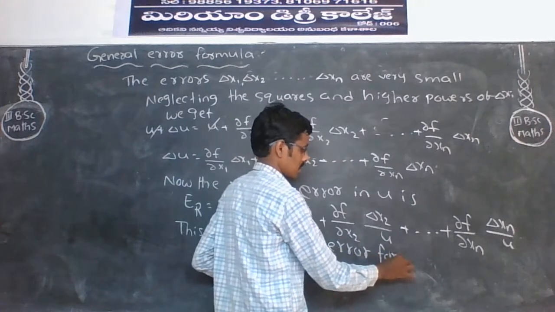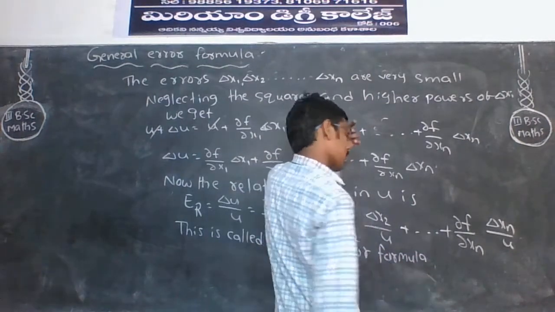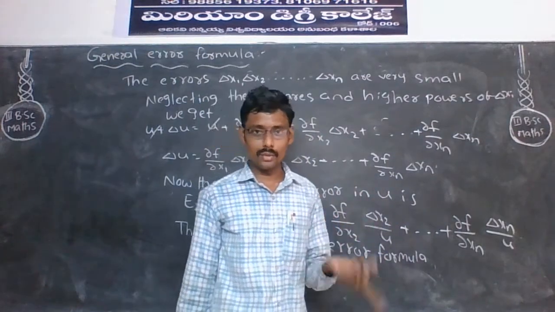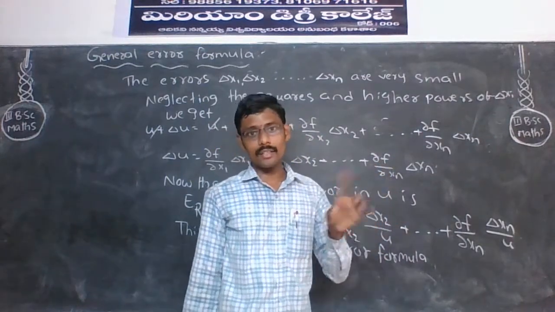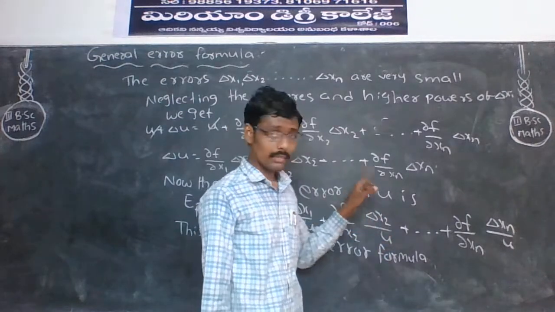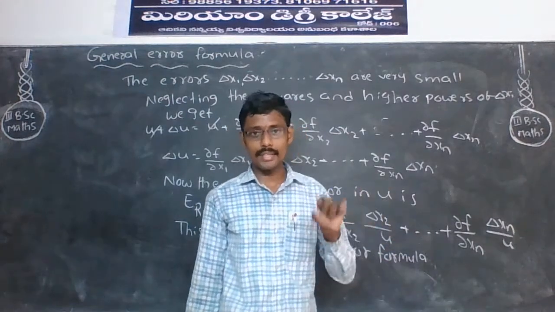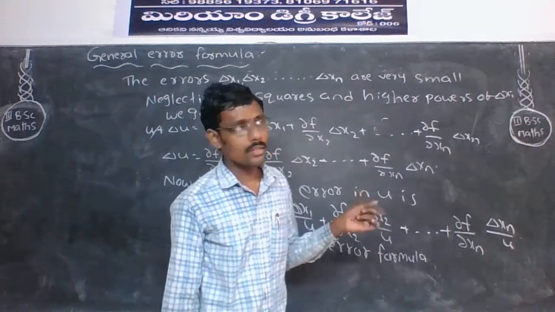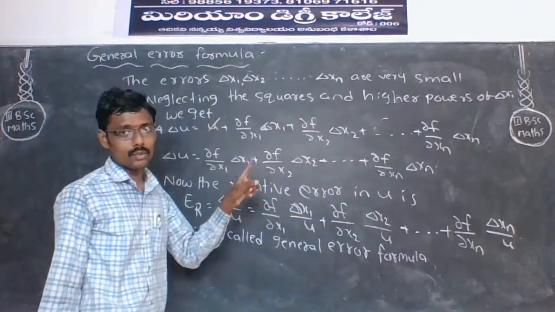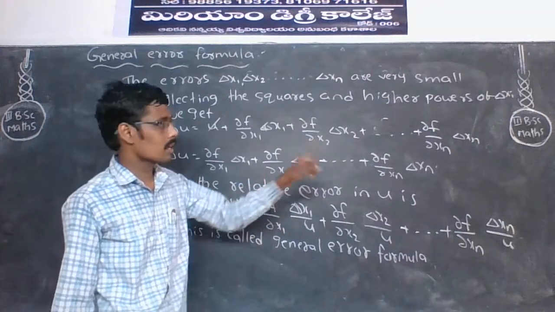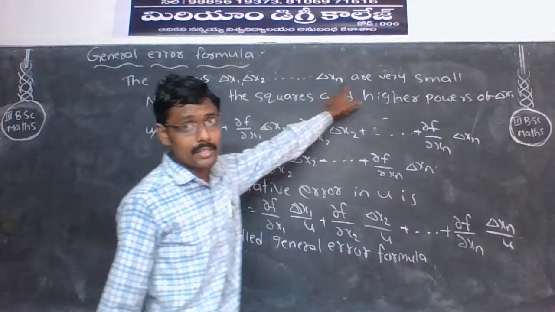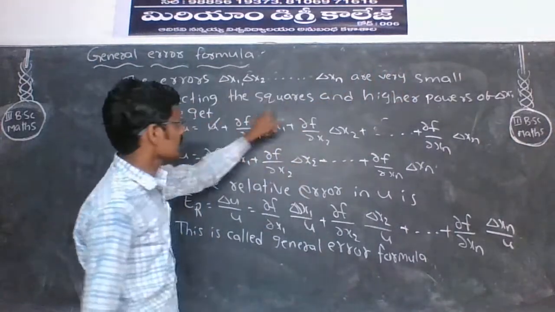Very important. u is equal to f of x1, x2, and so on, xn. Taylor's expansion of the right-hand side: f of x1, x2, and so on, xn plus ∂f/∂x1 delta x1 plus ∂f/∂x2 delta x2 plus ∂f/∂xn delta xn plus terms involving higher powers. The errors delta x1, delta x2, delta xn are very small, so neglecting the squares and higher powers